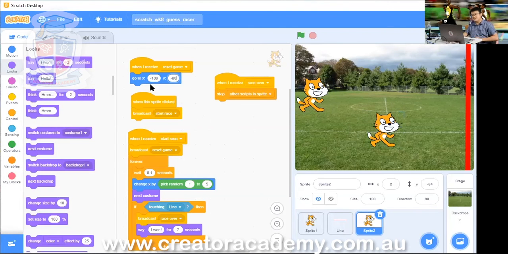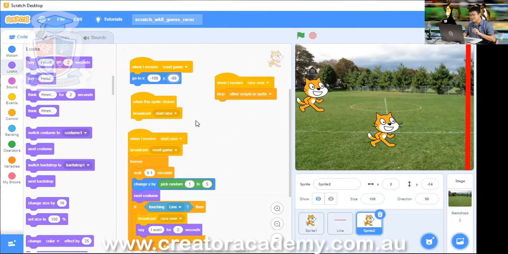So go to X we keep the same, but Y we change to -80 for when resets game. Make sure you do that before we go any further, but only for that new sprite.